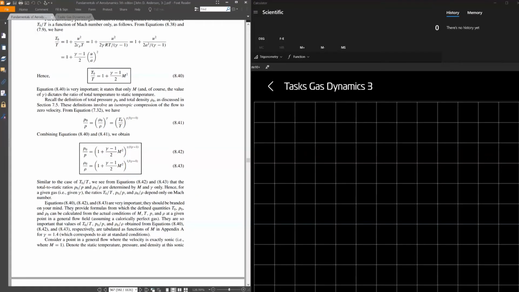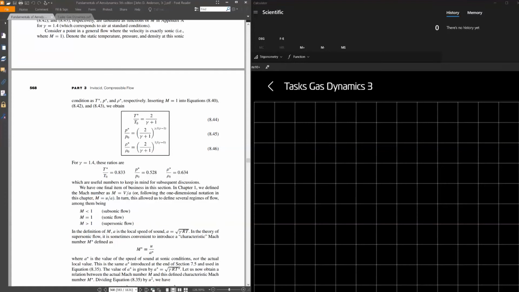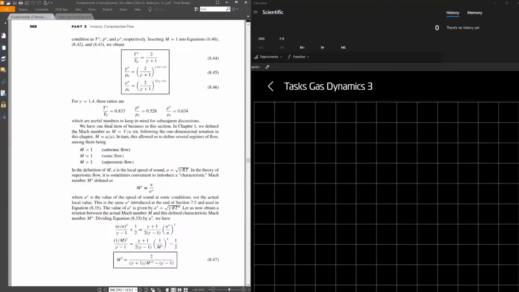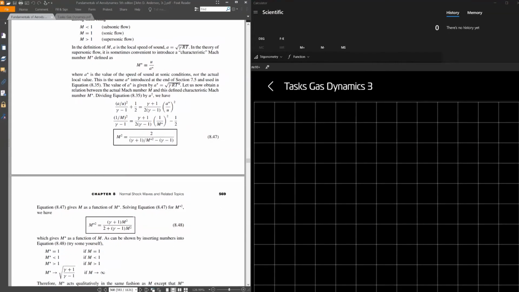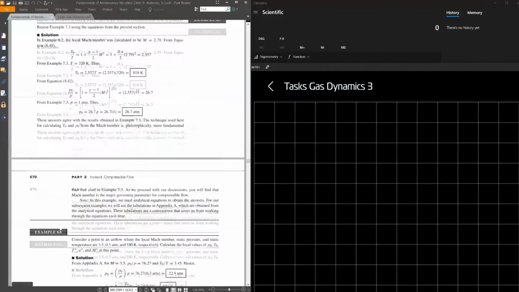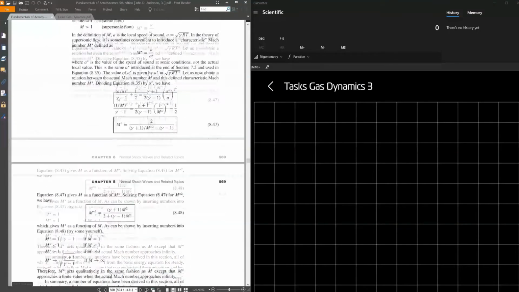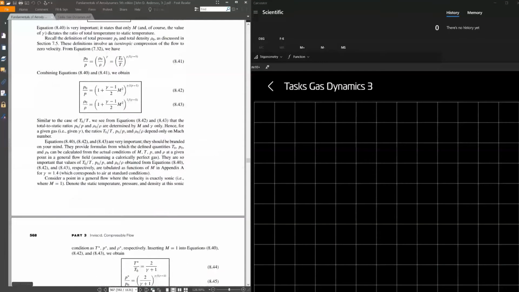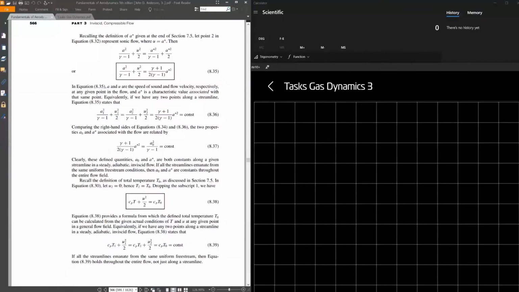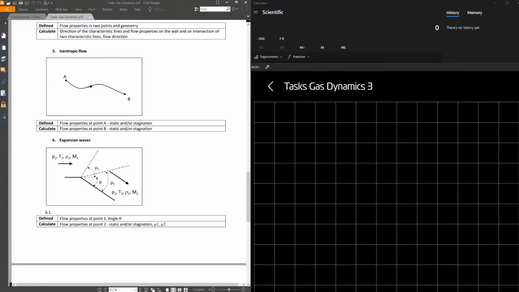These equations, of course, use formula 8.41, and the relation on the characteristic point where the Mach number is equal to 1. Okay, the characteristic Mach number relation to the real Mach number, and vice versa, calculation of the real Mach number from the characteristic Mach number. So these are basically all the equations you need to know, to remember that they exist, to solve the tasks on isentropic flow. So let's go back again to tasks, and let's have the example